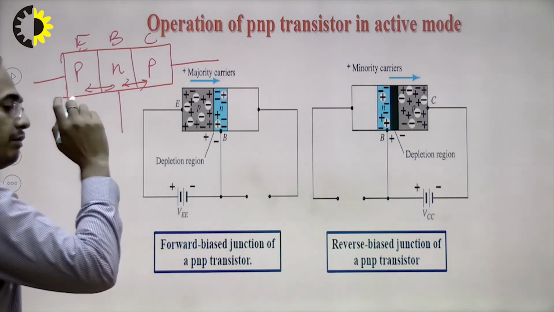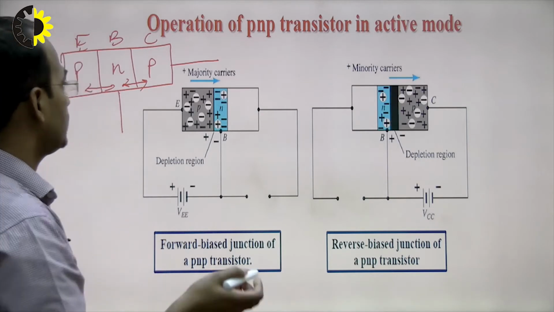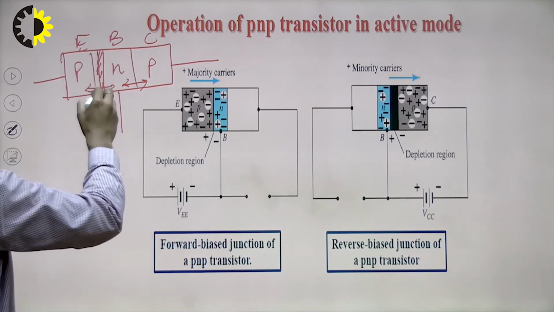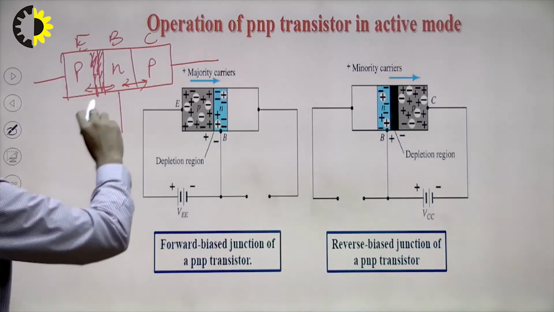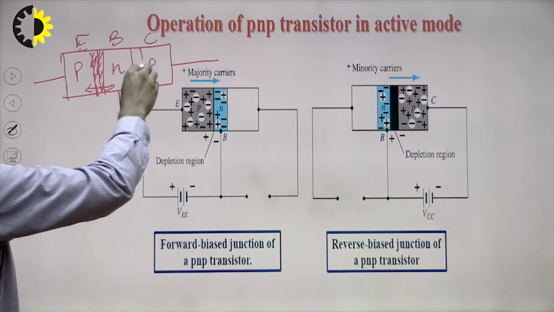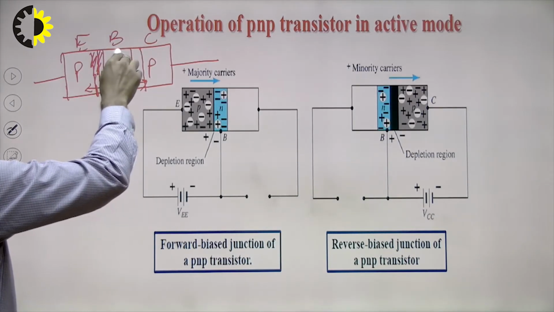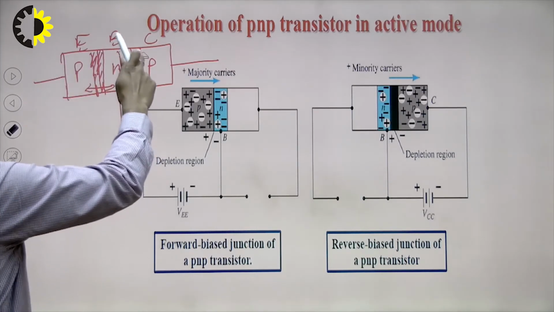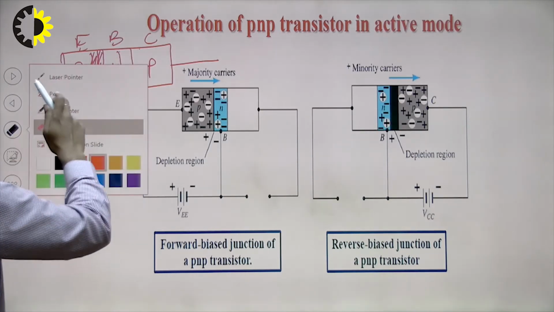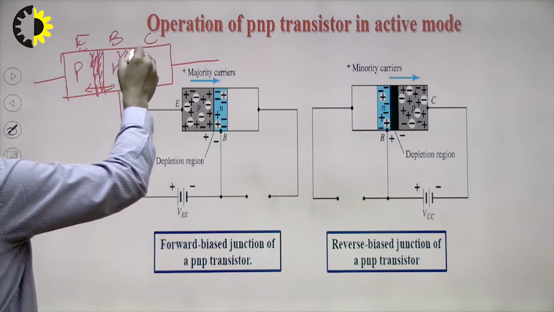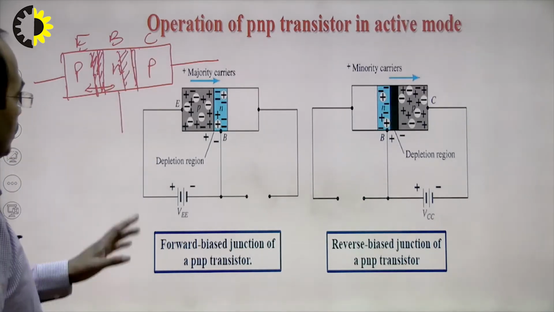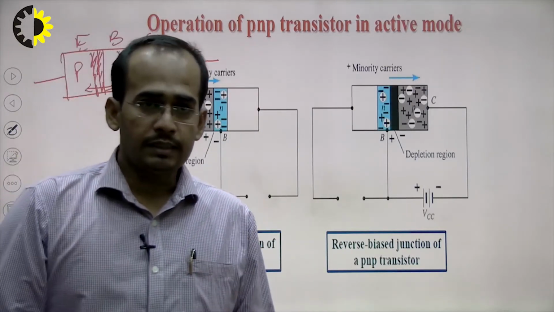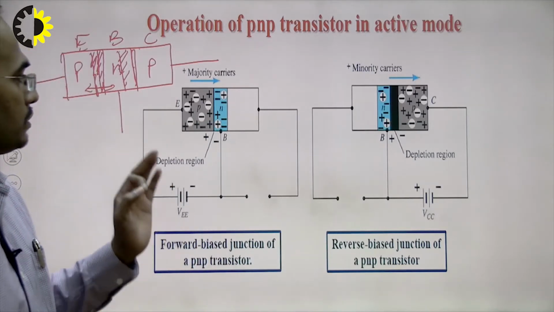the depletion layer will penetrate more into the lightly doped region. Base is the lightly doped region, so the thickness of the depletion layer will be greater as compared to the emitter. Similarly, at the collector base junction, the thickness of the depletion layer will be greater as compared to the base region. So, you can say that the thickness of the depletion layer on the emitter side and collector side will be less as compared to the base region in the case of no bias condition.